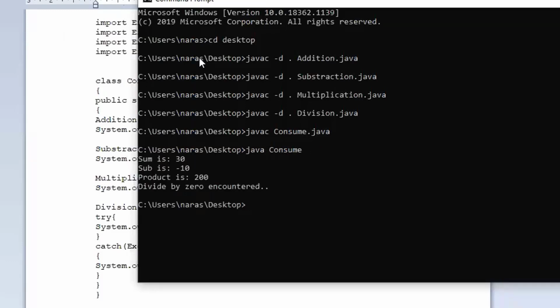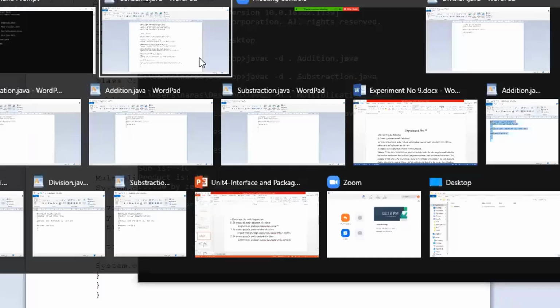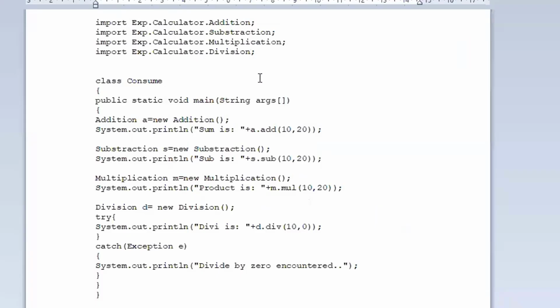So what change we have to make if we are using this nested kind of application approach? You specify complete class names, so the complete path of a class name. If I was using dot star, it was showing the error saying that this particular addition cannot access, this particular subtraction cannot access, right?